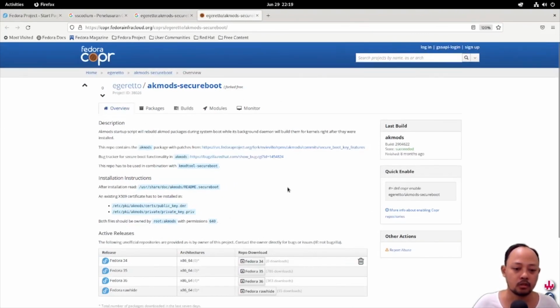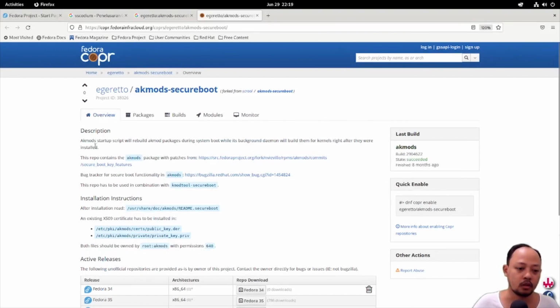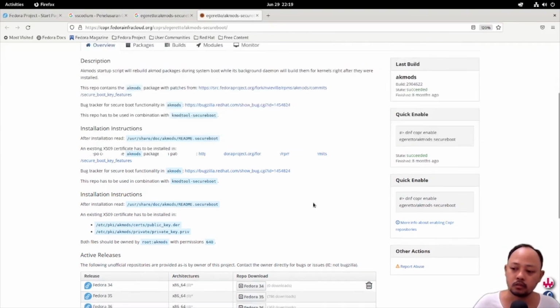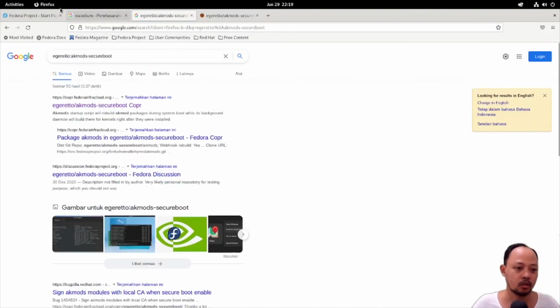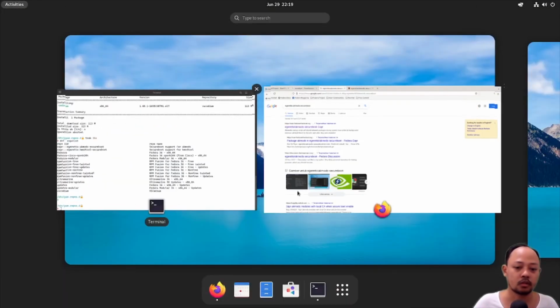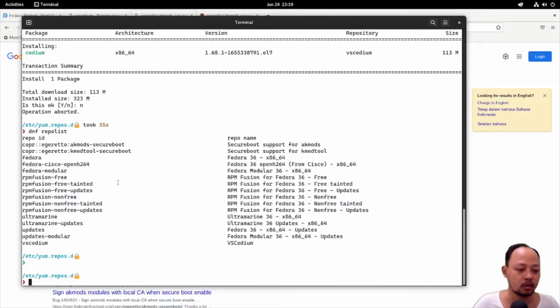Okay, everyone, as we can see in here about the description, you can just read this by yourself. I don't have any idea about this package. Maybe you can leave a comment below and tell me what it is. Okay, let's check the other things.